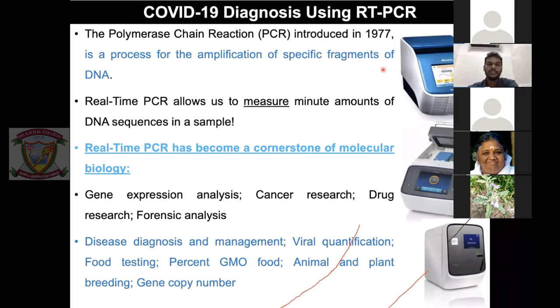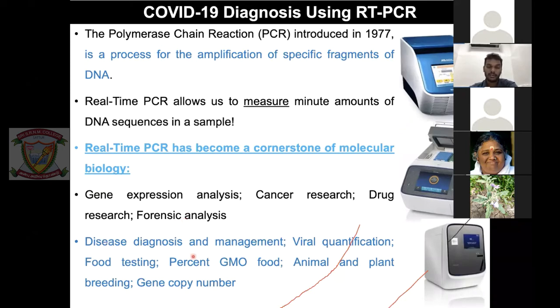And this RT-PCR basically allows you to measure the lowest quantity possible in DNA. For example, in the forensic department, it's very strongly used. You just identify one small hair and you'll be able to track who the person is. So the technology used there is PCR, RT-PCR, for identifying your gene. And in microbiology, this is one of the essential tools, used for gene expression analysis, cancer research, drug research, forensic analysis, everywhere people use this technology.